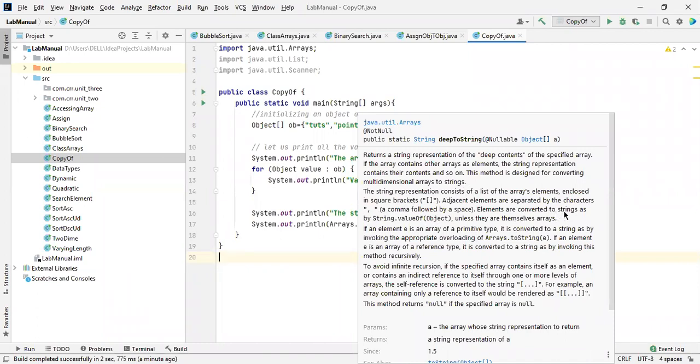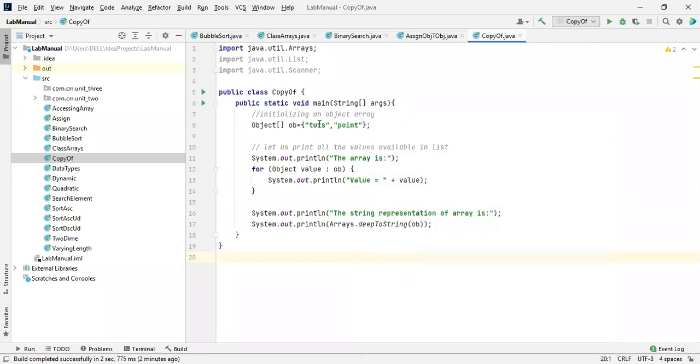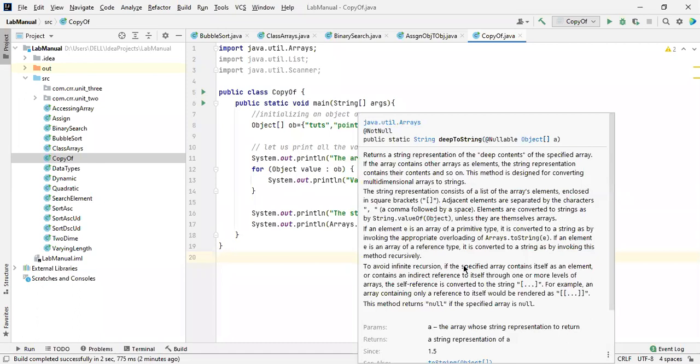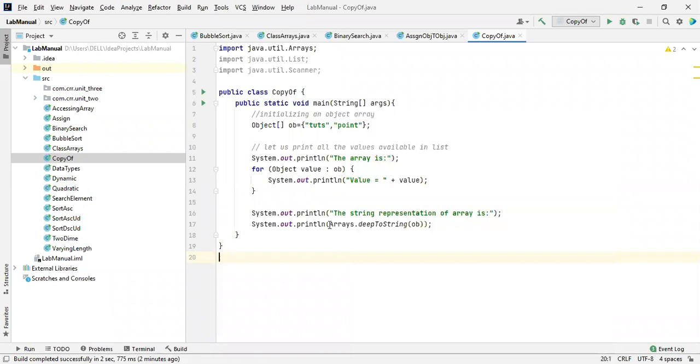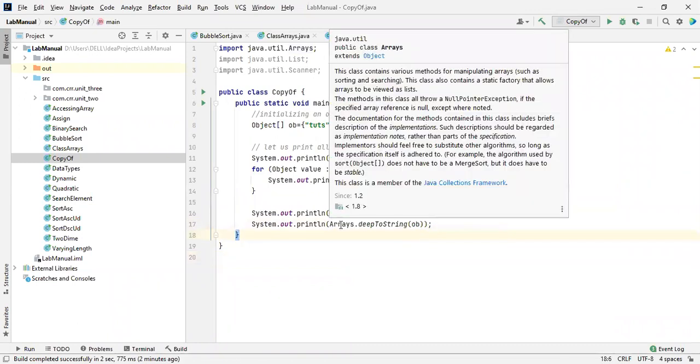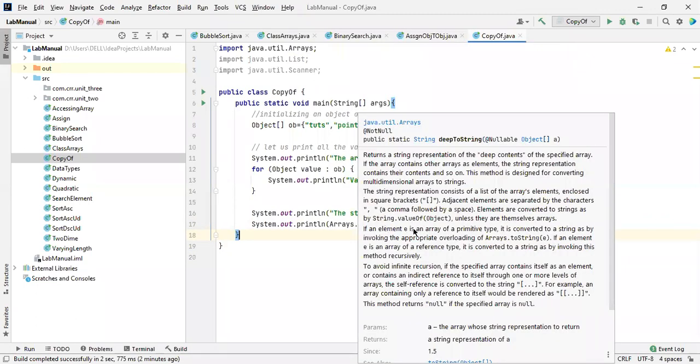The elements are converted to strings as by valueOf. Unless they are themselves arrays, the elements are converted to strings. So each and every object element inside is converted to an individual string. When you call the values, if you assign this to some other array or a string value, everything inside the array will be considered as strings only.